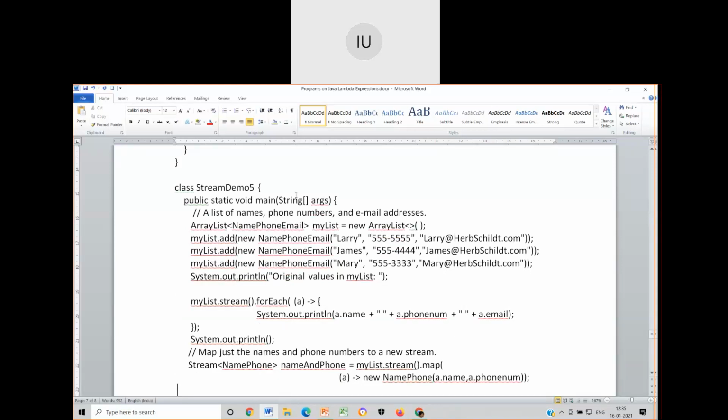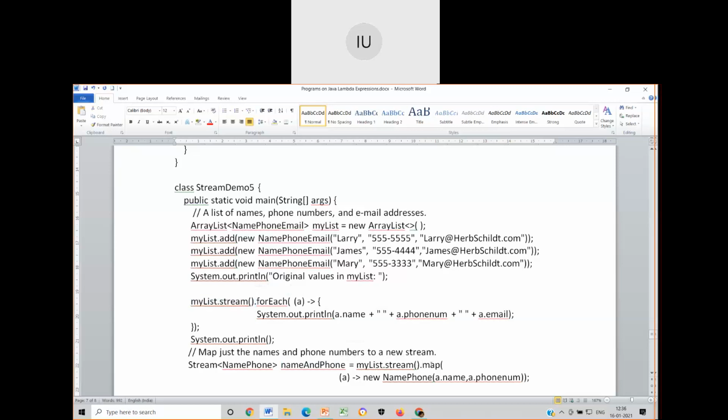Now I have to map that to the thing that I want. How? By using a simple function in the stream that is available called as map. So you just have to map that to a particular data type. What is that type? It is called as name phone. And you're calling it as a separate stream. So stream data type of that is name phone, and this is the handler with which I'll be addressing that in the further lines of code. Then my list dot stream. Have I done it? I have done it before, but I have not stored it anywhere. That's why I have to do it again.